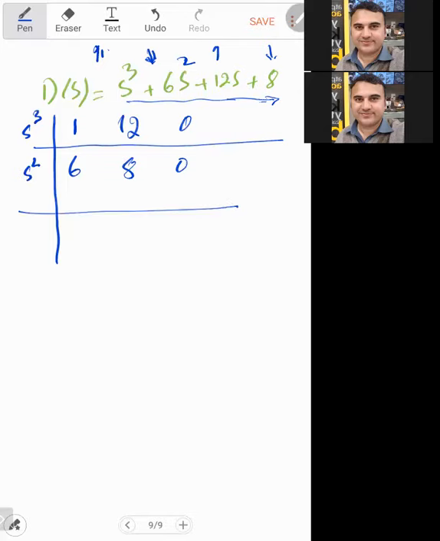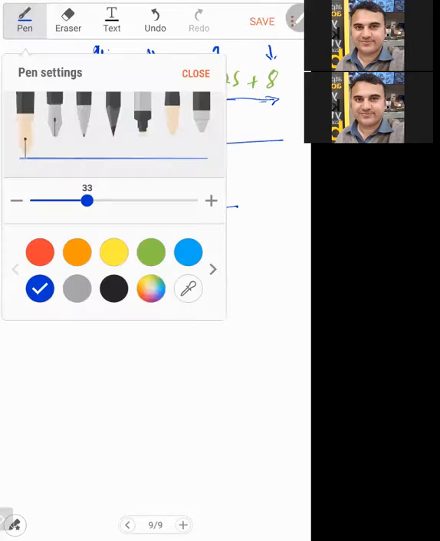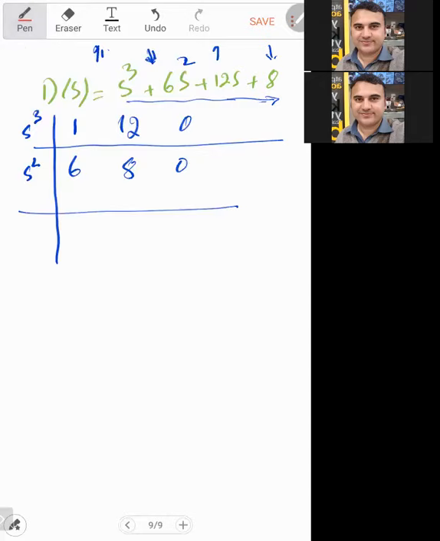Now we will come to the next row. How will we find the next row? The next row will be equal to S1. How to calculate? This entry multiplied with this one, and then this one with this one, and then divided by 6. So 12 multiplied by 6 is equal to 72, minus 1 multiplied by 8 is equal to 8, divided by 6. So you got this one, and if you simplify this one, you will get 64 divided by